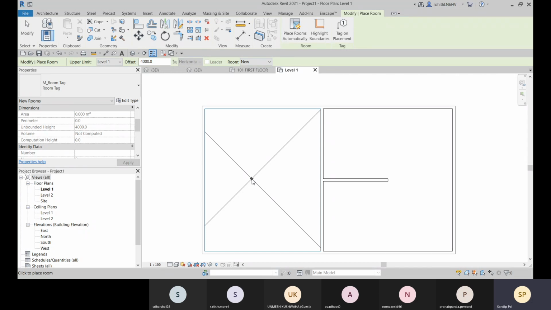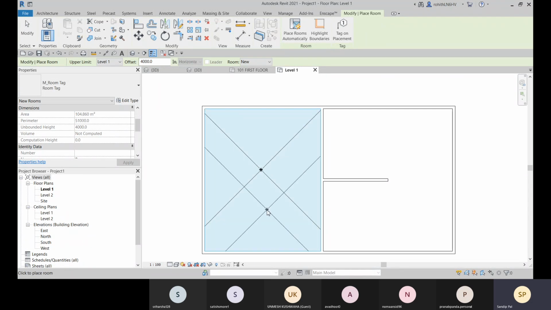So you can easily identify all the rooms at a glance, and all the areas and volumes will be calculated as per the wall. So if you change it later, suppose you redefine the room area, you don't have to change it like you do in AutoCAD, where you type the manual text and change it again. So you don't have to do the rework.